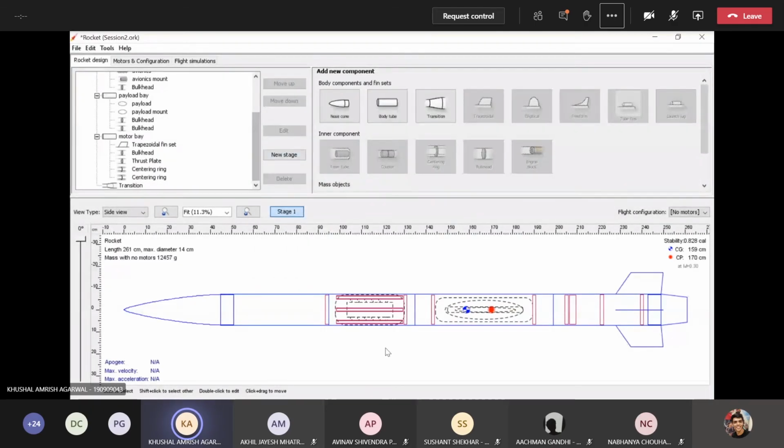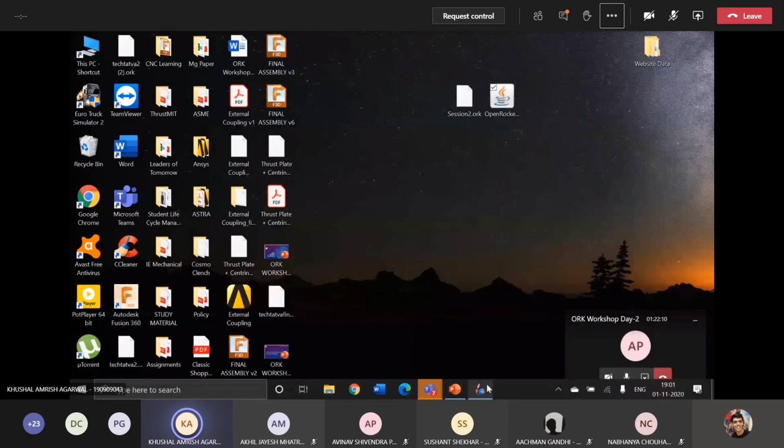The bolts can't be modeled in this OpenRocket software, so there is a separate method of including the weight of the bolts in this model, which I'll explain a bit later. Now most of the components have been added and attached to the rocket. Now let's move on to the in-flight loading conditions of the rocket.